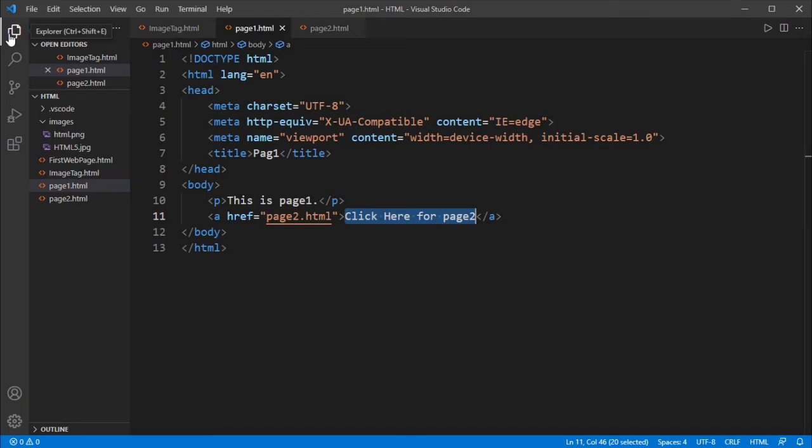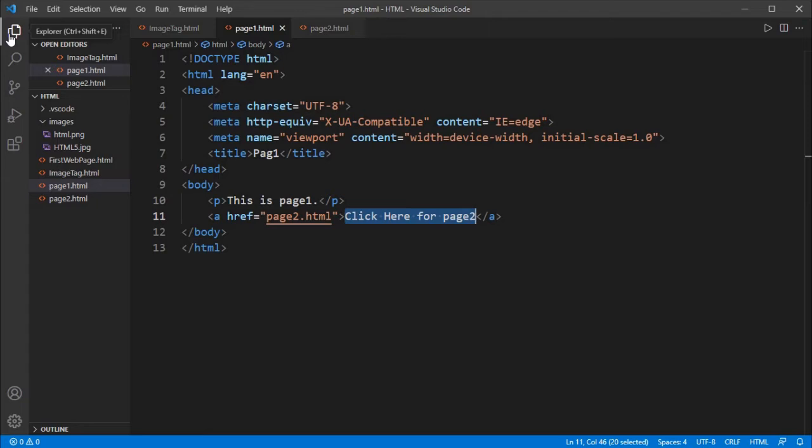In such cases, you must scroll down the page. To simplify this problem, we provide links within the page also.